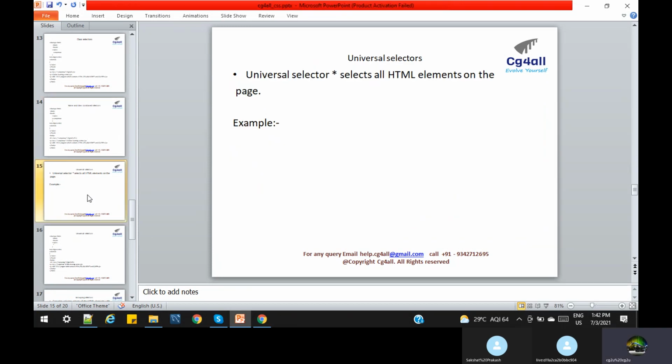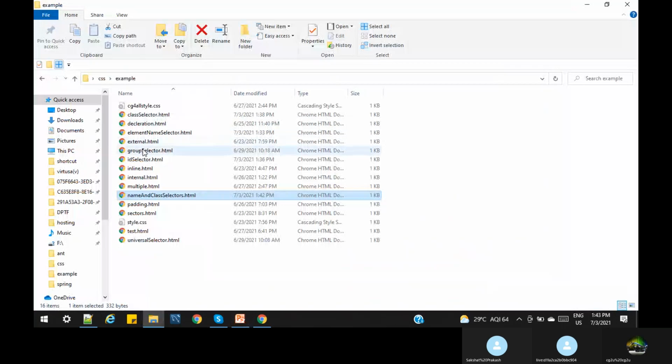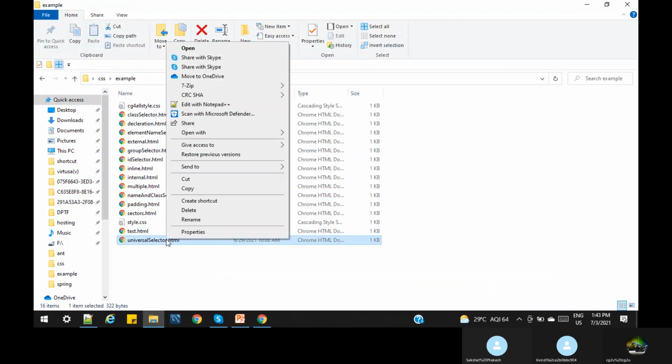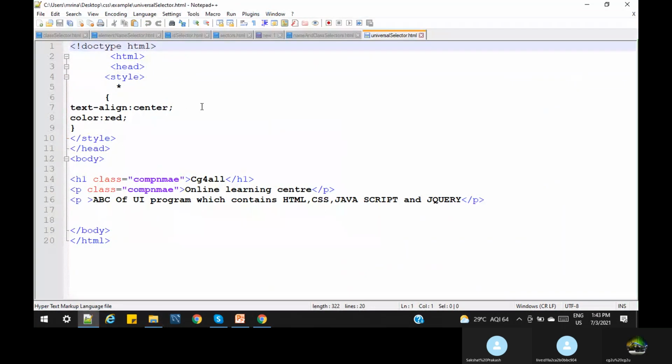Now the universal selector. If in a simple page we need to change the color for all the CSS, then we use the star, like in Java or Python where we import all the packages, all the classes. Let us run with an example. Here we have the elements H1, P, class name, all that.